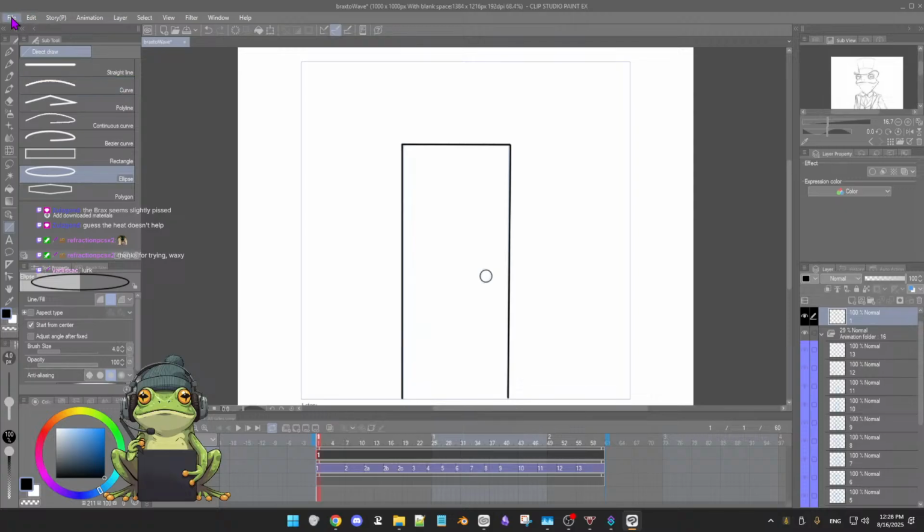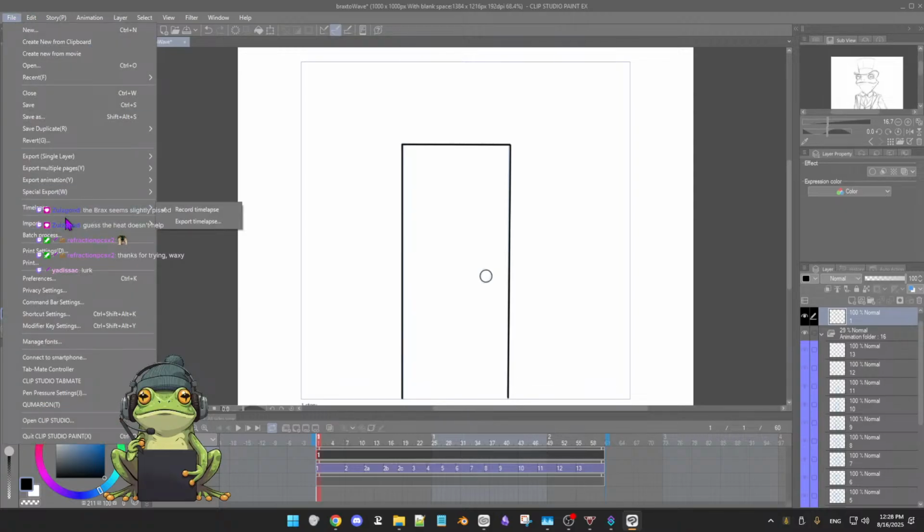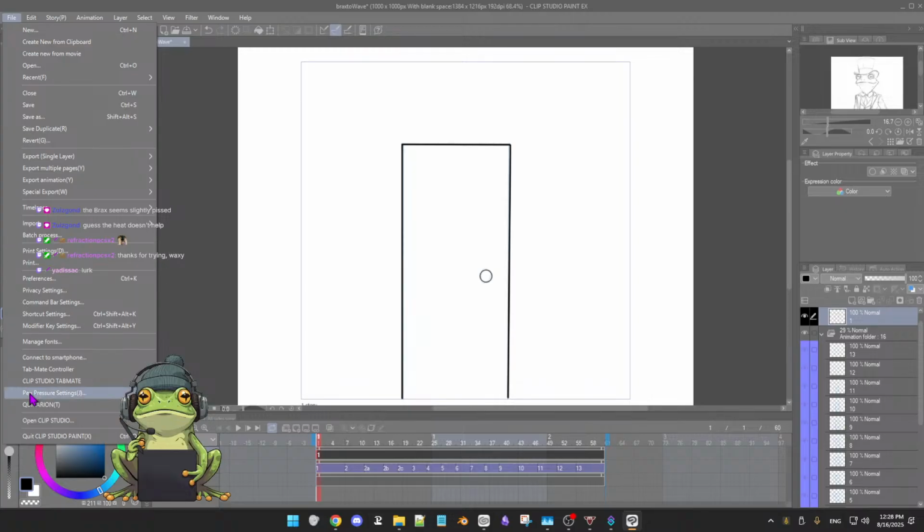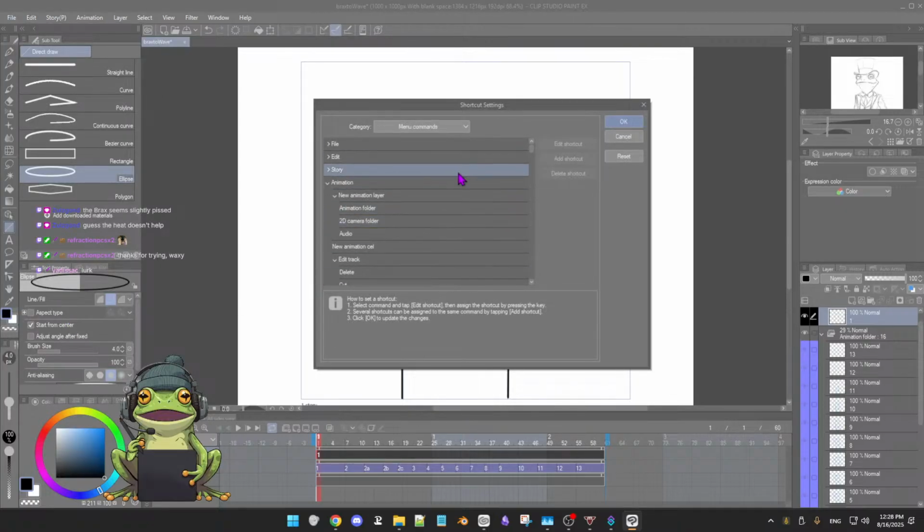So I don't know. Let's see if we can change the shortcuts in edit. Size. No, I think it's in the wrong place. I think it's under file. Here. So I have these open, the last places that I was at, to remind me where these things are,